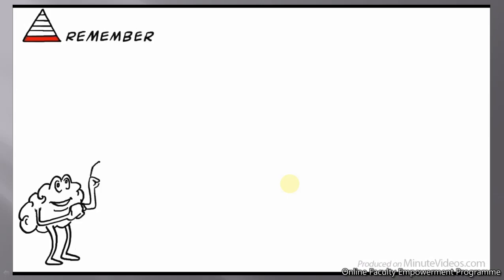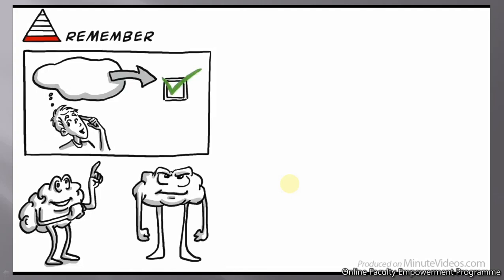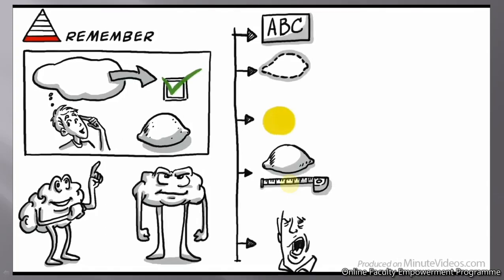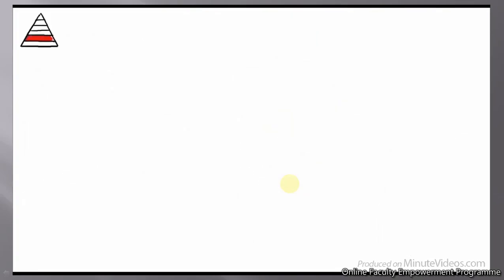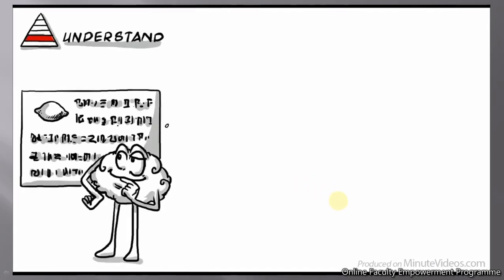On the first level, we learn to remember. There is just rote memorization and recollection of facts without much understanding. For example, if you learn about lemons, we want to remember the name, shape, color, size, and that they are sour. Once we've memorized these essentially meaningless facts, we move to the second level of learning. On level 2, we learn to understand. We begin to decode information, learn the lemon together.